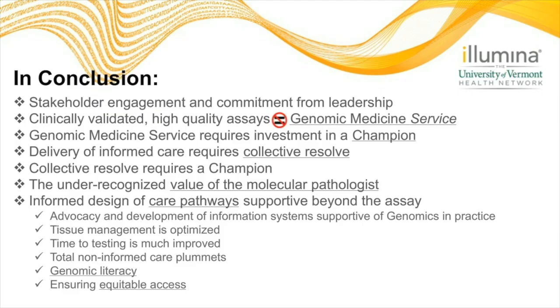So in conclusion, I'd like to begin by saying stakeholder engagement and commitment from leadership is foundational for local implementation of genomics into healthcare. Importantly, clinically validated, high-quality assays do not equal a genomic medicine service. Genomically informed cancer care requires collective, transdisciplinary resolve, but the realization of that collective resolve and operationalizing a genomic medicine